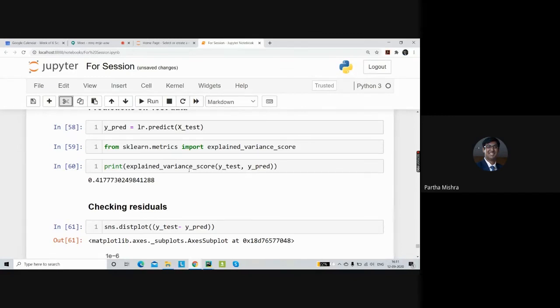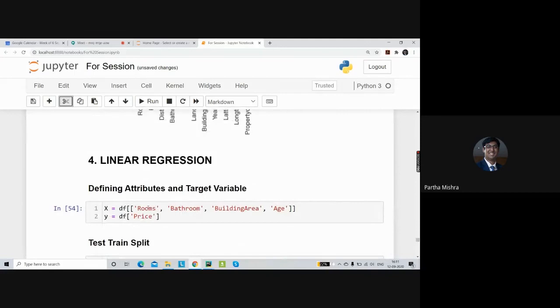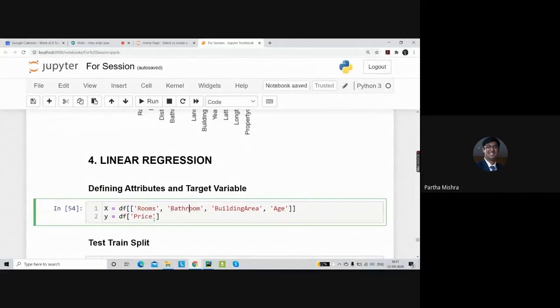Here, all I'm asking is, I have chosen rooms, bathroom, building area, and age. These 4 variables I've chosen. Using only these 4 variables, how well are they able to capture the information of price, and to what extent?